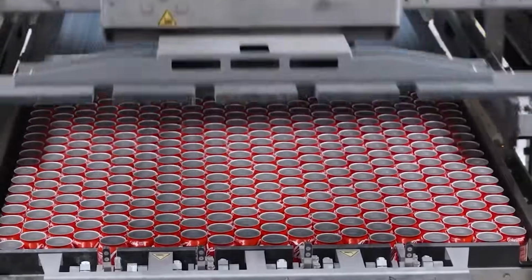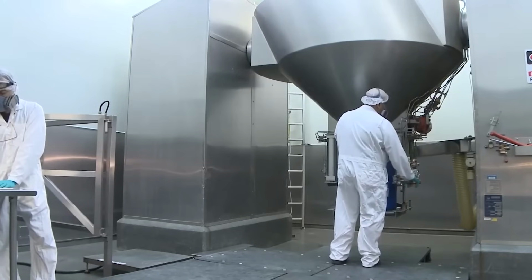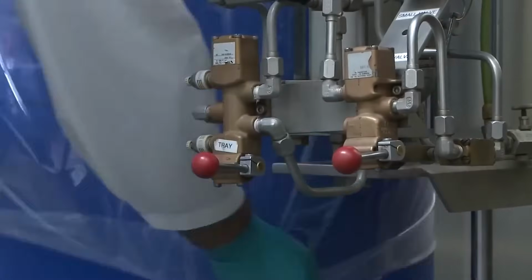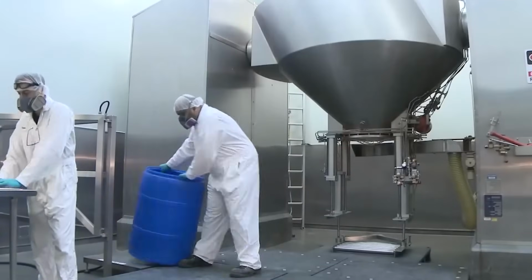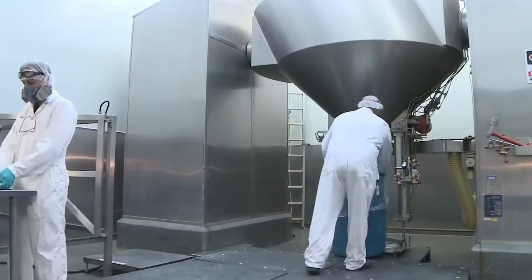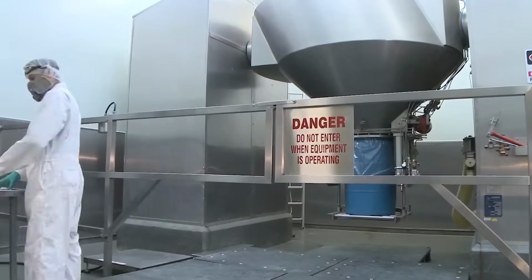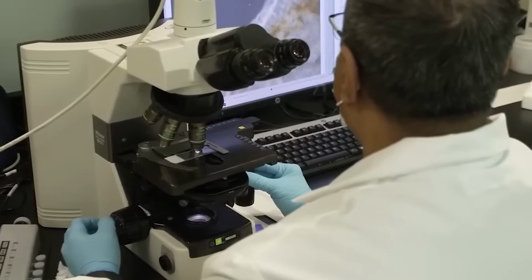Another important quality control step is microbiological testing. Although Cherry Coca-Cola's high acidity and carbonation naturally inhibit microbial growth, samples are still tested for the presence of bacteria, yeast, or mold. Microbiological testing is performed in a sterile laboratory environment where beverage samples are incubated under controlled conditions to detect any signs of microbial contamination. Even though Coca-Cola products are manufactured in sterile conditions, this extra layer of safety ensures that no contamination occurs at